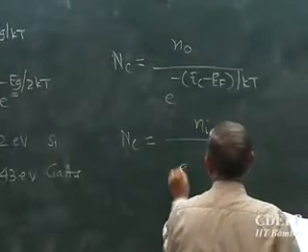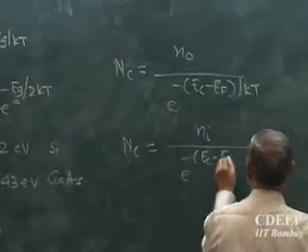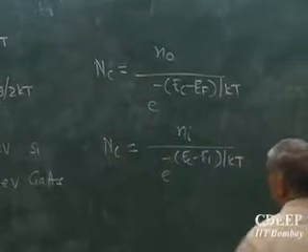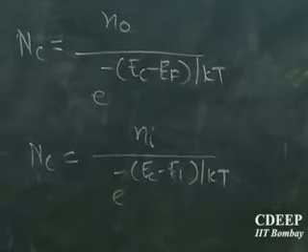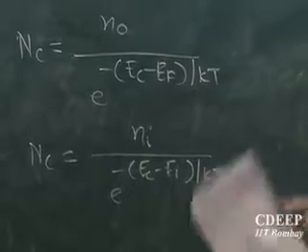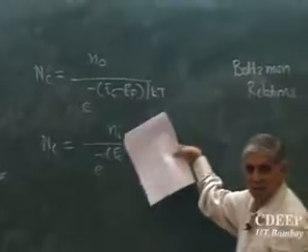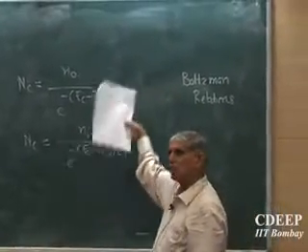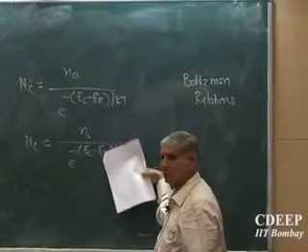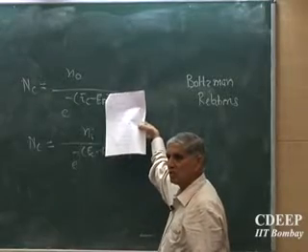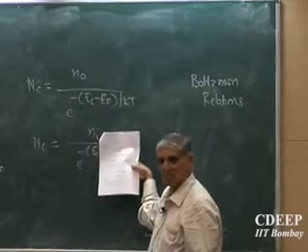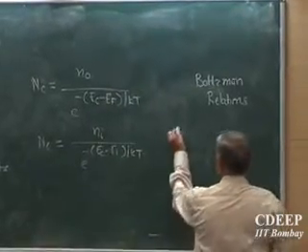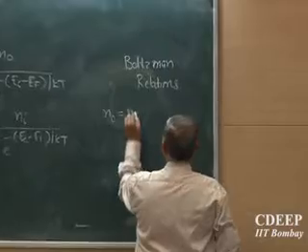Similarly, Nc could also be written as ni upon e to the power minus (Ec minus Ei) by kT for intrinsic. So if I equate them, is that clear? One is for the doped case, the other for the intrinsic case. The only difference is here it will be Ef, here it will be Ei, here it is n0, here it is ni. So if I equate the two, the relationship that I am going to get is n0 equals ni e to the power